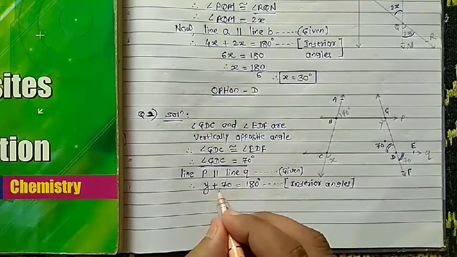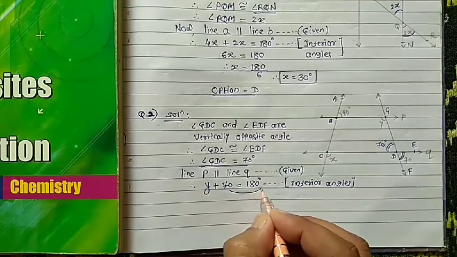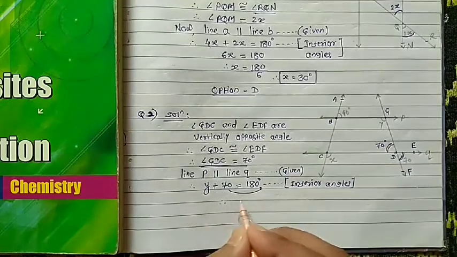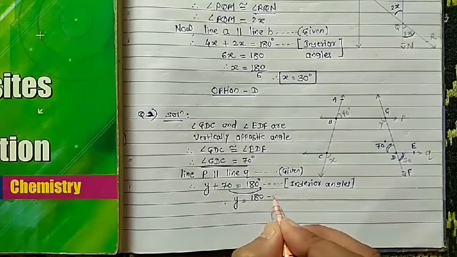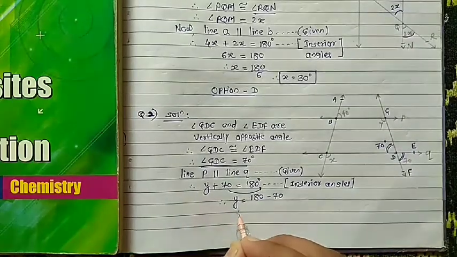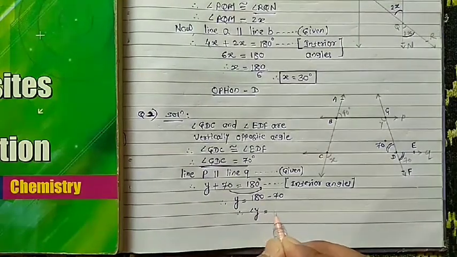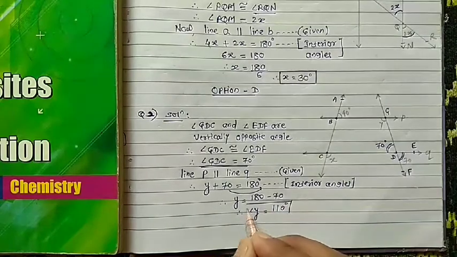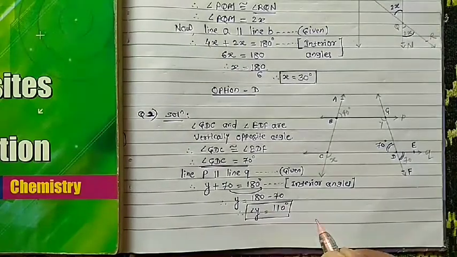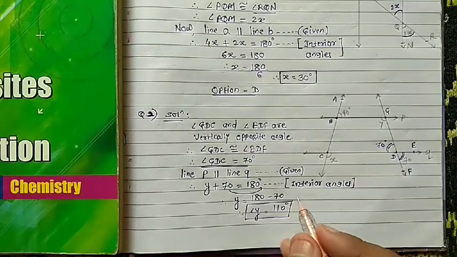So now this plus 70 takes to the right hand side, it will becomes minus 70. So y equals to 180 minus 70. So therefore angle Y is equals to 110 degree. So this is the value of angle Y. Now let us see how to find the value of